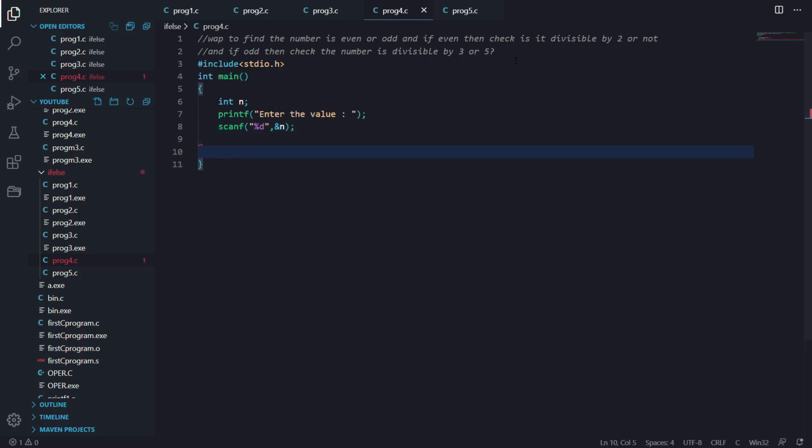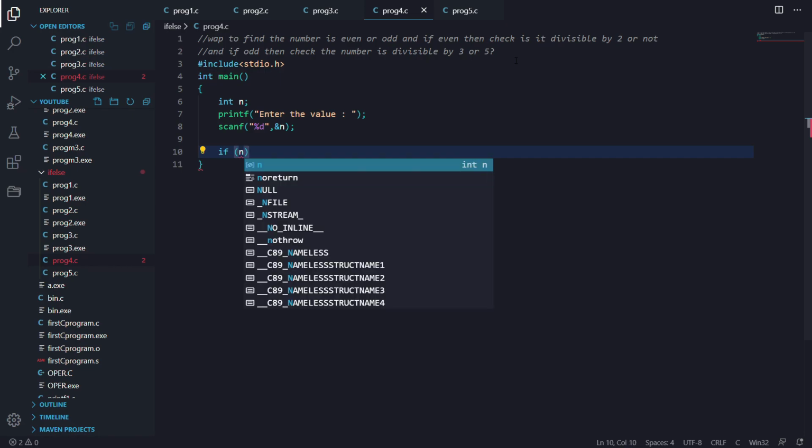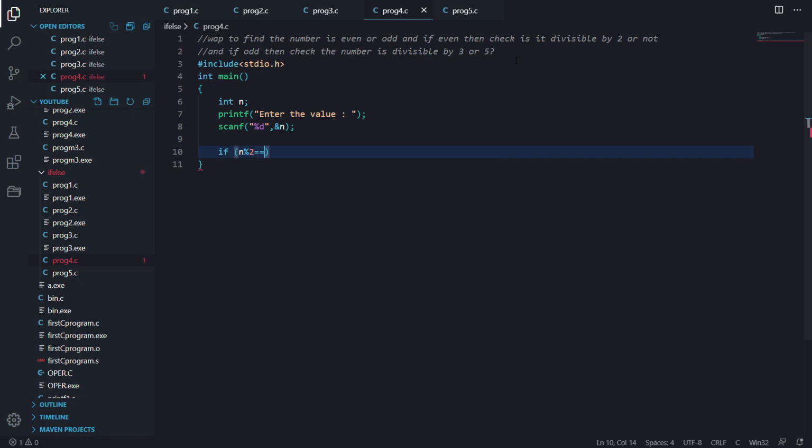Now I have taken a value as an input. Now I will write if. First we will check if the number is even or odd. So if the number n modulus 2 is equal to 0, that is, if we divide that number by 2, then the remainder is 0, then we have to do certain tasks. Let's say here, even number,